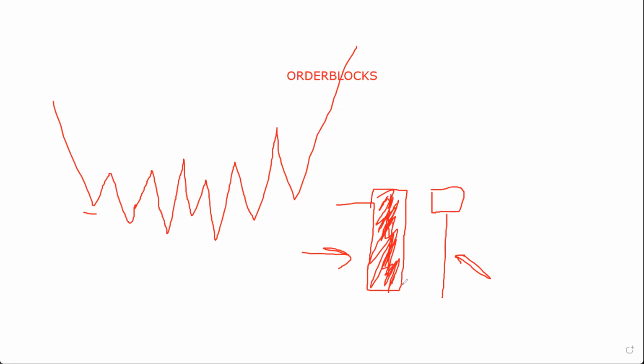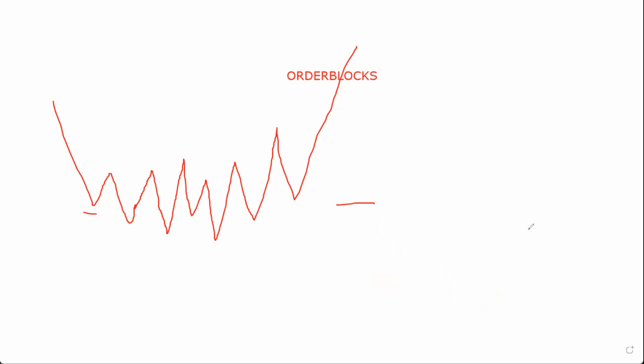Now, who do you think pushed price down? Whose order do you think makes price fall? Is it your money and mine? Well, no. The composite man induces sellers by actually causing this candle to be very bearish. Now, retail traders like you and me get excited because price is breaking below, or price has broken below, or something of the nature, and get involved in this, only for the composite man to then push price back up, right? So essentially, what we are saying is, in this area of accumulation here,